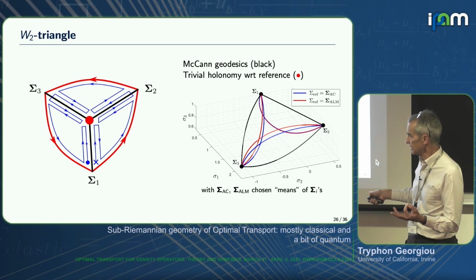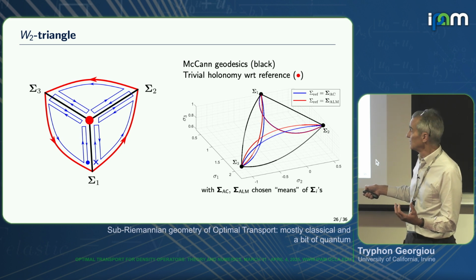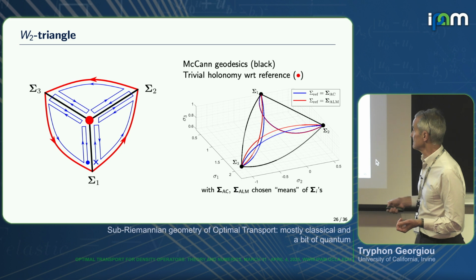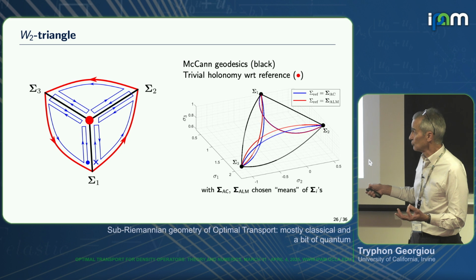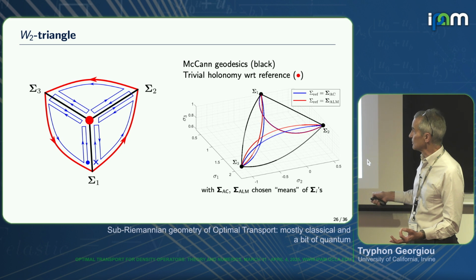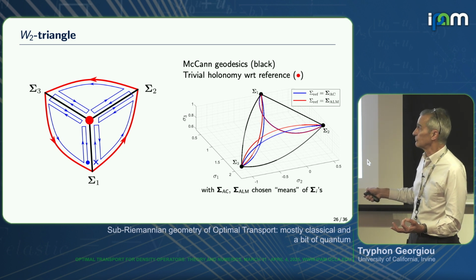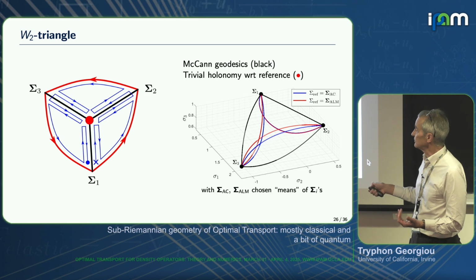So when you go from here to there, to the center point and back, this cycle has 0 holonomy. So in other words, the eyes here correspond to the eyes there and to the eyes there of the registrant. Or you might want to morph from this to that, to that, to that, again having 0 holonomy, and trying to find the optimal sort of Wasserstein triangle that preserves the internal structure.